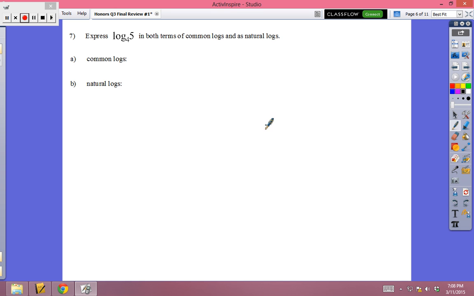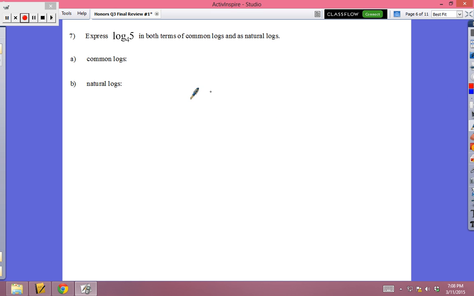Okay, 7, this is where we're going to change your base. So right now we've got log in base 4 of 5. And we can change it to any base we want really simply. So common log and natural log. Common log is base 10 and natural log is base e. So if we want to change this to base 10,